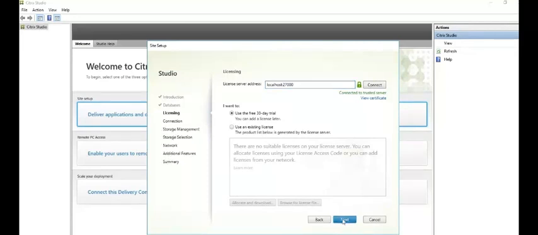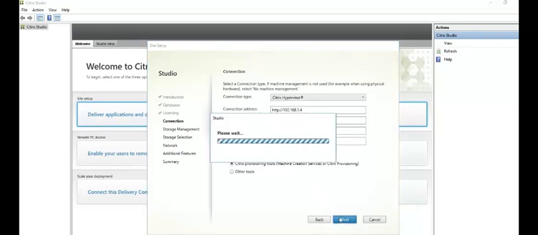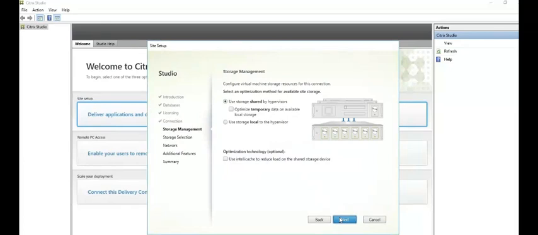Next is the hypervisor connection page. Here you can give your hypervisor details. Select your hypervisor type, whether it is Hyper-V, Citrix XenServer or VMware. Then enter the hypervisor FQDN name or IP address with HTTPS. Then enter username and password. As we are using local storage, we are selecting the local storage option. Now click Next. Select your data storage type; as we have only one, we go with the default one